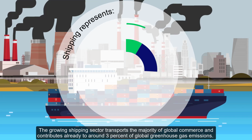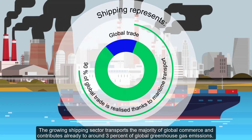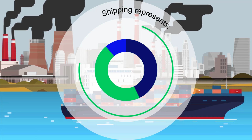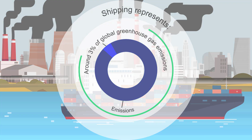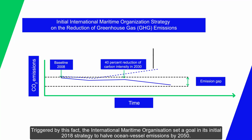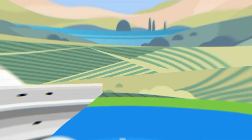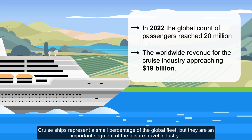The growing shipping sector transports the majority of global commerce and contributes already to around 3% of global greenhouse gas emissions. Triggered by this fact, the International Maritime Organization set a goal in its initial 2018 strategy to have ocean vessel emissions reduced by 2050. Cruise ships represent a small percentage of the global fleet, but they are an important segment of